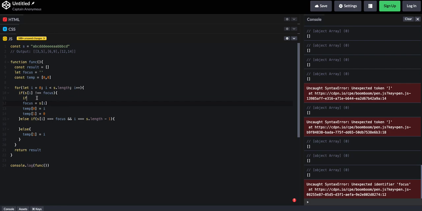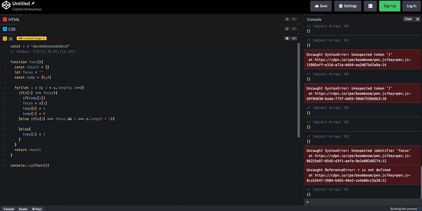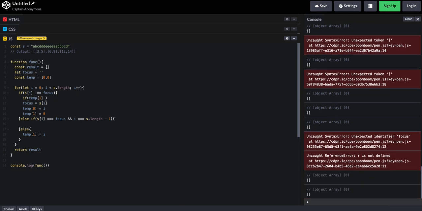So the way we can do that is we can say if temp at 1, sorry, at 1 minus temp at 0,